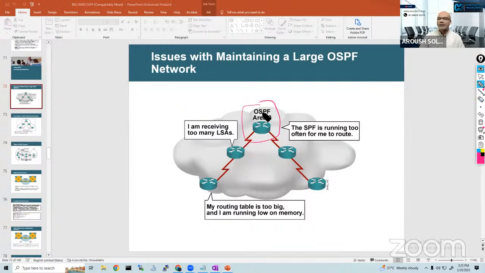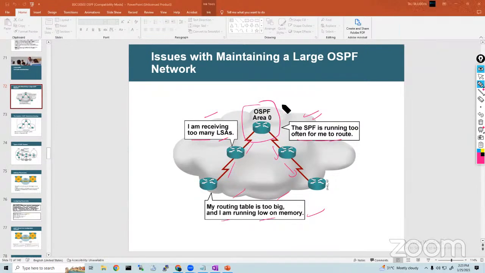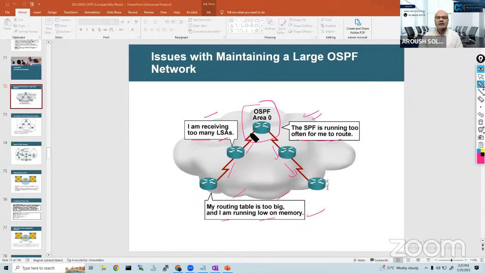For example, this is my OSPF area. What we can see is that I have received too many LSAs, meaning each router is communicating with each other. SPF, shortest path first, is running too often for the route. This router is saying my routing table is too big and I'm running low on memory. The reason is that OSPF can be configured where we have a huge number of companies, and each one starts